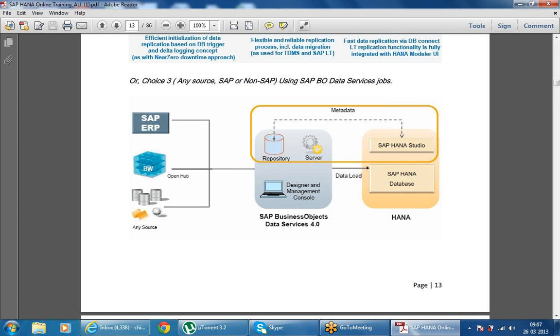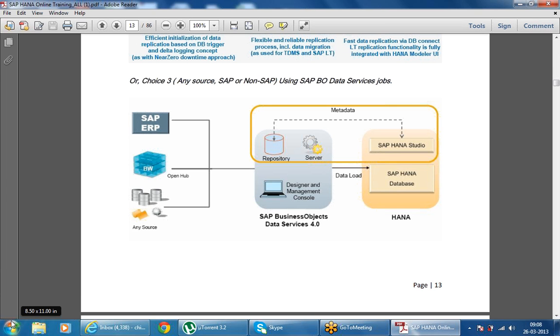This is one of the approaches used by a lot of clients because transformation can be handled outside the SAP HANA box. It also has the capability to connect to both SAP and non-SAP, and this is the only ETL that is actually able to connect to the HANA database. So we'll look at how SAP HANA can be connected through the Data Services